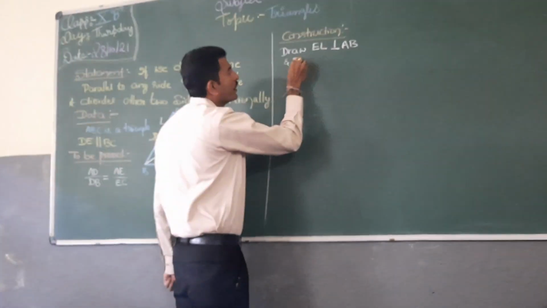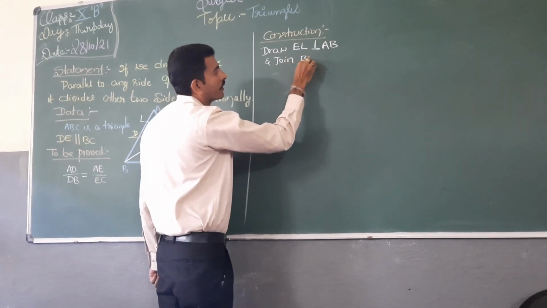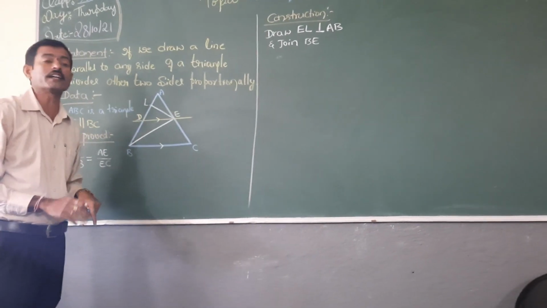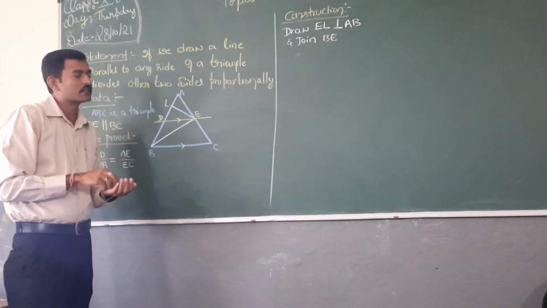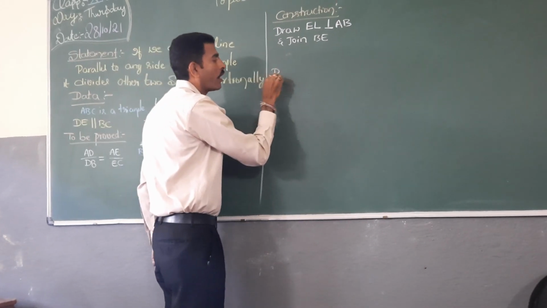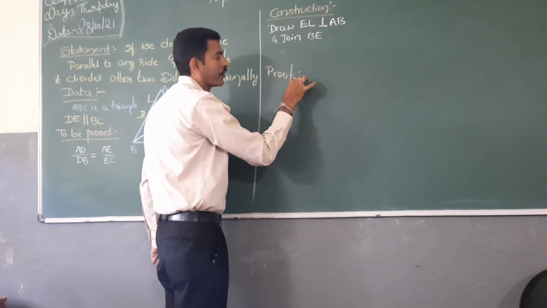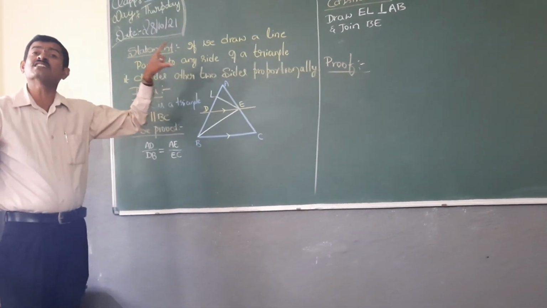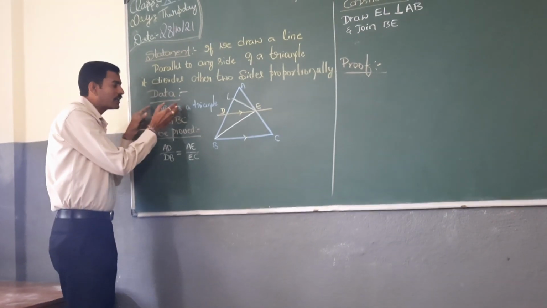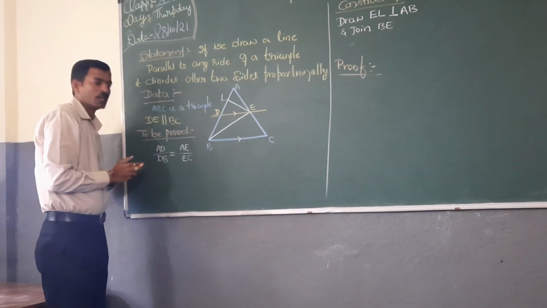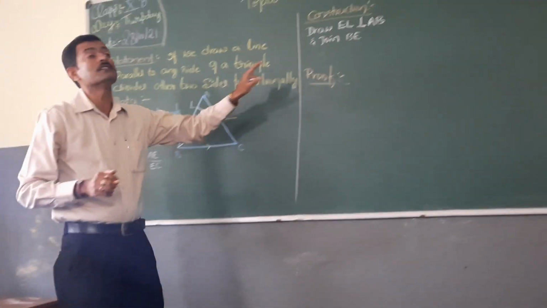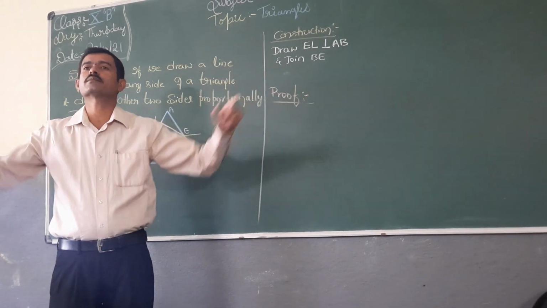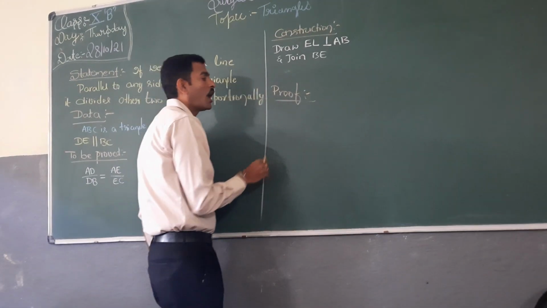Sir, next case I require the same thing on the opposite side. Let us do that after this. Okay. Sir, now you go for the proof part. Children, you are observing. Sir, by understanding the statement only, one child can develop the data part, the to-be-proved part, and the construction part. No need to buy, no need to practice 10 times. Okay. Sir, proof part. How will you prove?